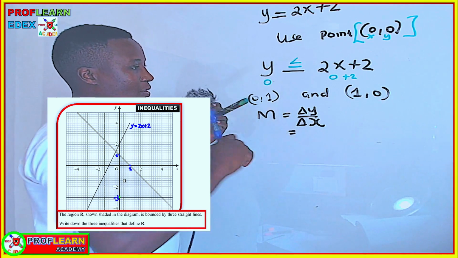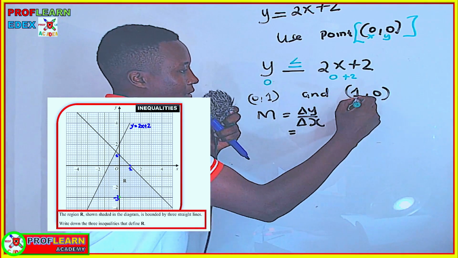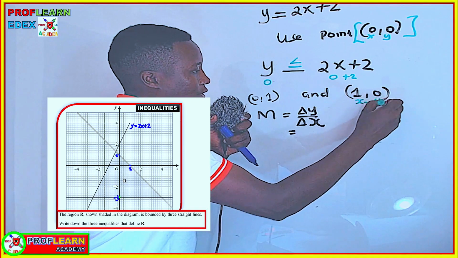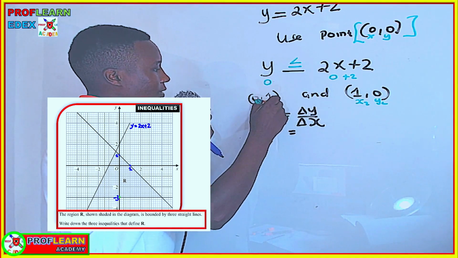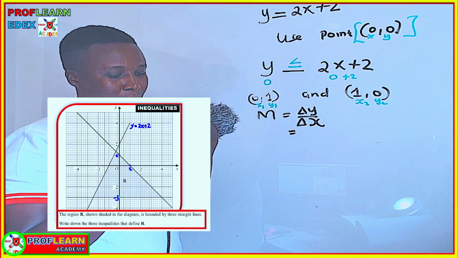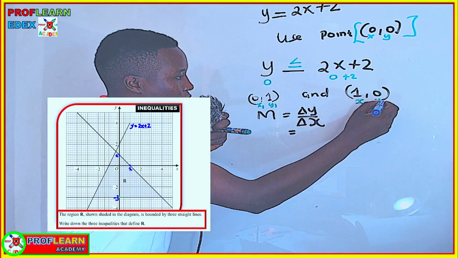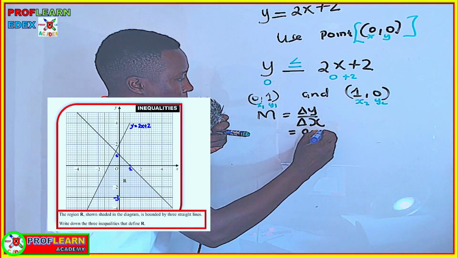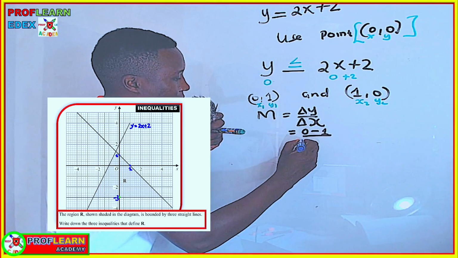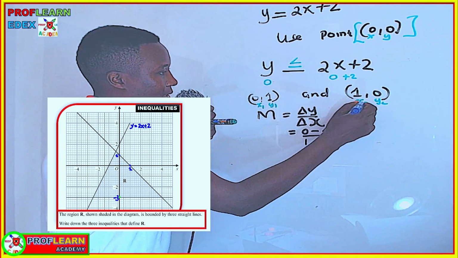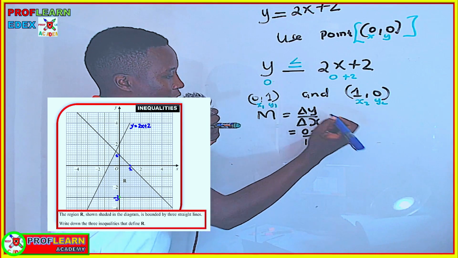So let this be our x2 y2 and x1 y1. Our gradient is y2 minus y1, 0 minus 1, over x2, which is 1,